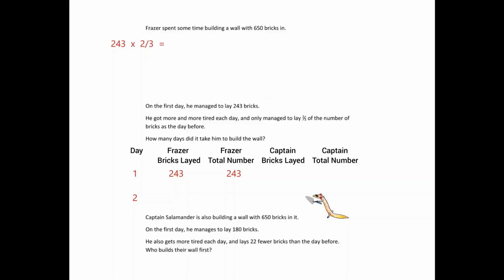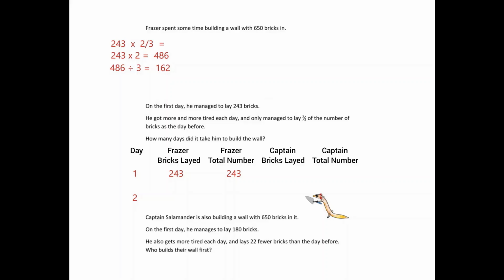So if you're wondering, well, 243 times 2/3, how is that done? Let me show you. So you're going to take 243 and multiply it by 2/3. And then what I did is I took 243 and multiplied it by 2, and that gave me 486. I then took that 486 and divided it by 3 to get the answer of 162. So now I know that on the second day, he laid 2/3 of the amount that he had laid down the day before. So if you put 243 bricks down for day one, and he put down 2/3 of that for day two, the answer is going to be